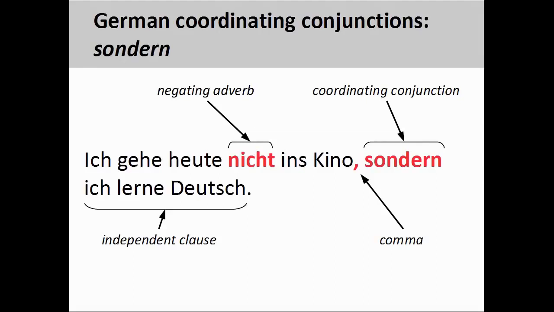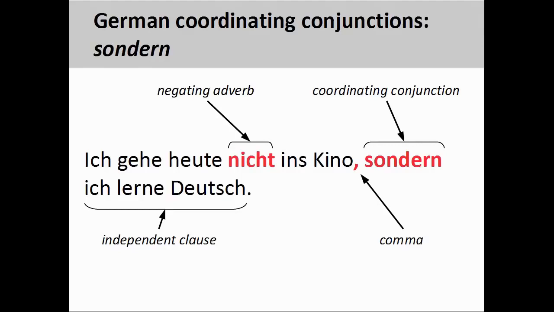Finally, it is important to note that there is a difference between aber and sondern. Although both could be translated as but into English, sondern has the additional meaning of rather, instead, and on the contrary. The coordinating conjunction sondern is used to provide contrasting and corrective information in the second clause, and can only be used when a negative element such as nicht, not, nie, never, or kein, no, is contained in the first clause. For example, the sentence you see on the screen, ich gehe heute nicht ins Kino,